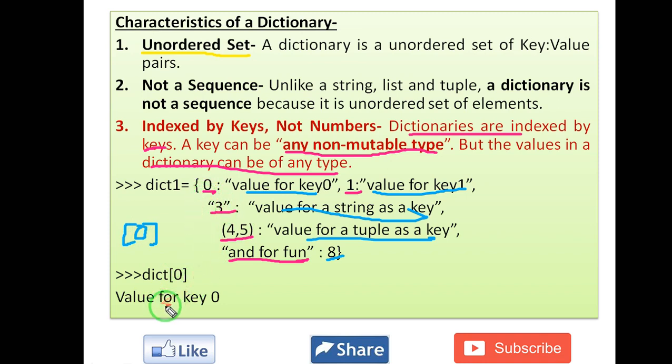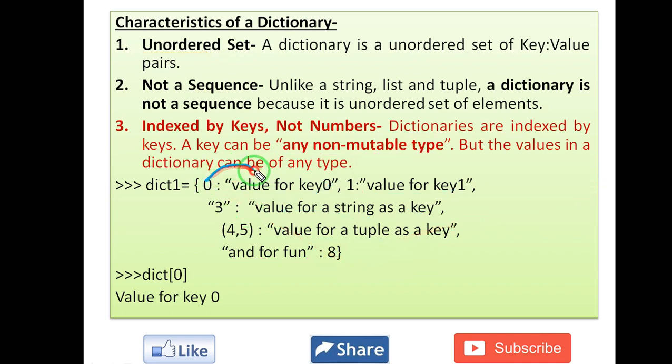It will display the value for key 0, because this 0 is referring to this value. Therefore it is displaying this.